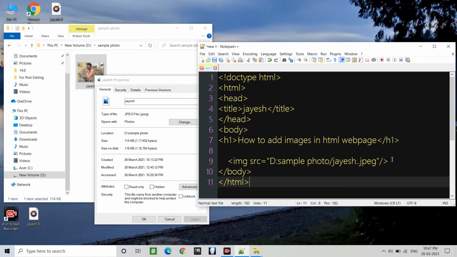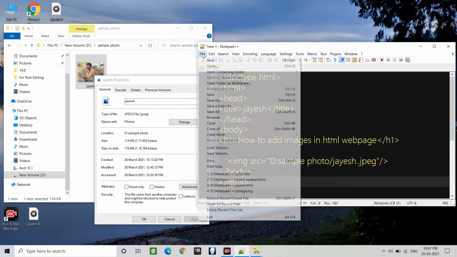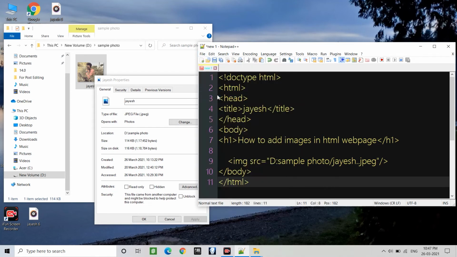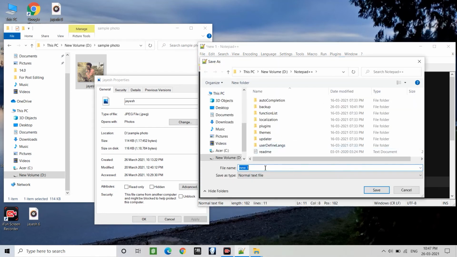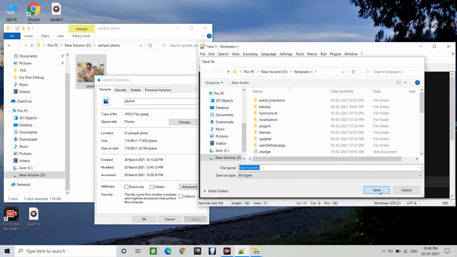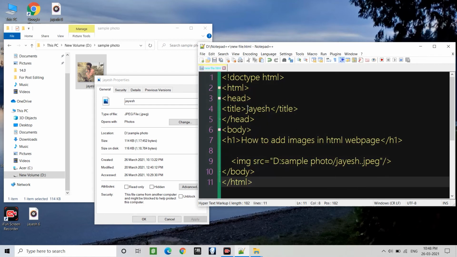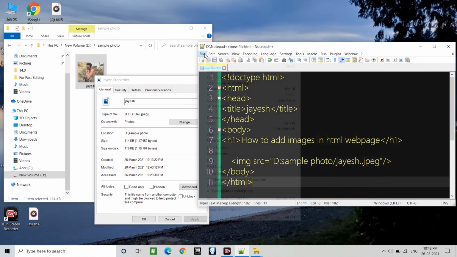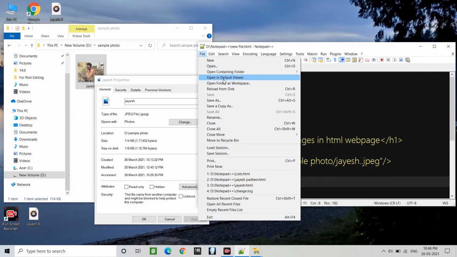So this is our content, and after this you have to click on file and click save, and after that heading toward this interface, in this file you have to add your own name here and select all files and save. So this is already saved, and just click on file and open in default browser.